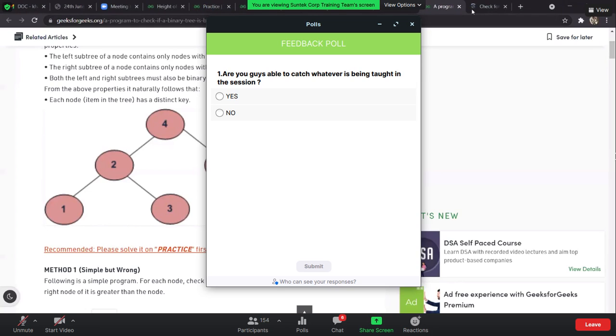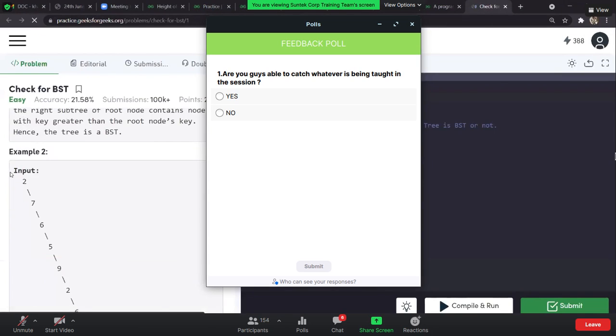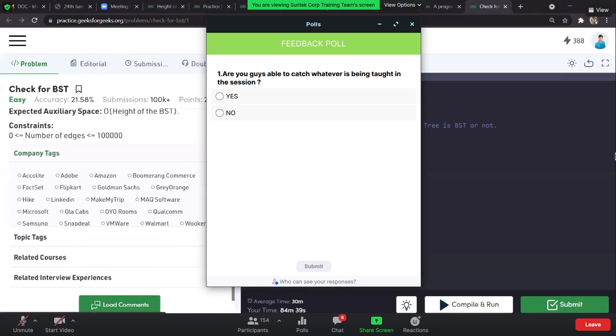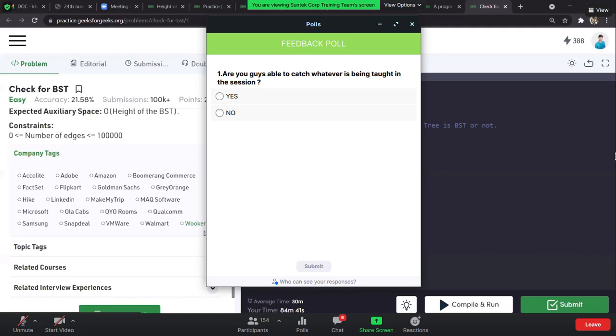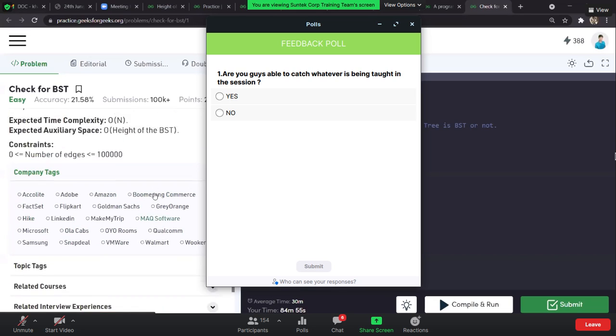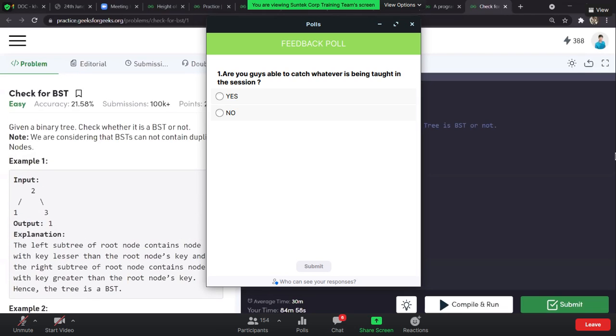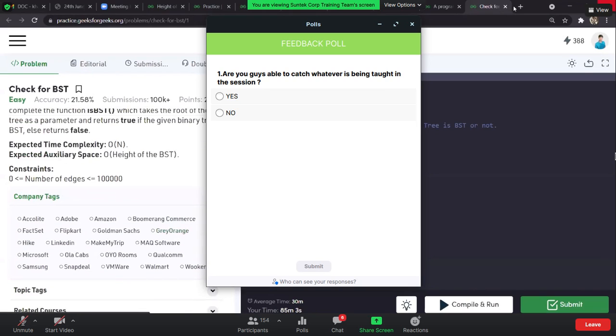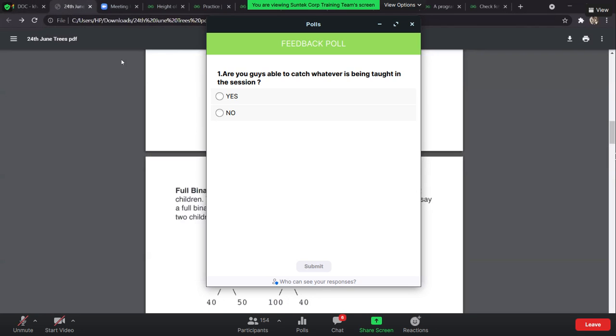Right? So try to complete at least these questions when you talk about trees, right? It was being asked by these many companies. If I calculate roughly, it's more than 20 companies who have already asked these questions and have specified that these questions are being asked by these companies. So it's really an important question and not too tough to do. Guys, please give it a try. Okay, coming back to this, what is the full binary tree?